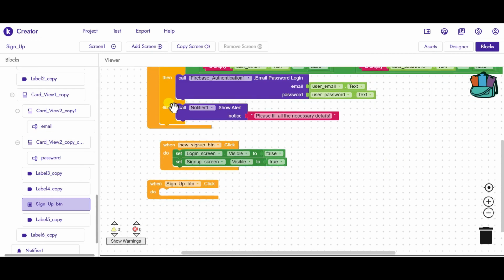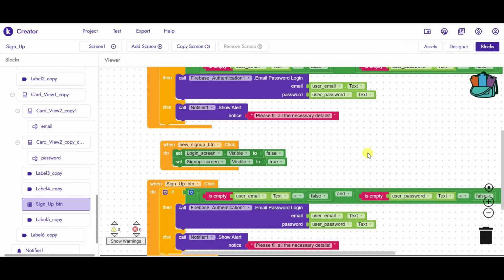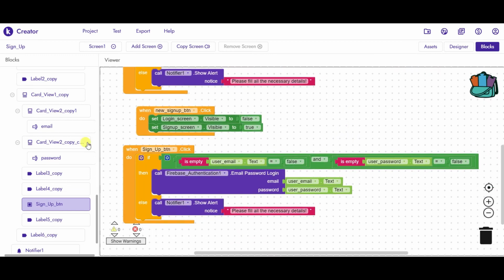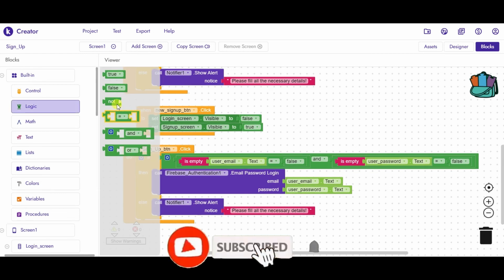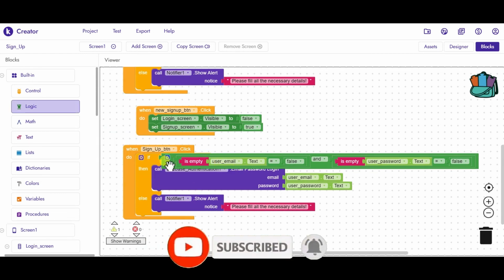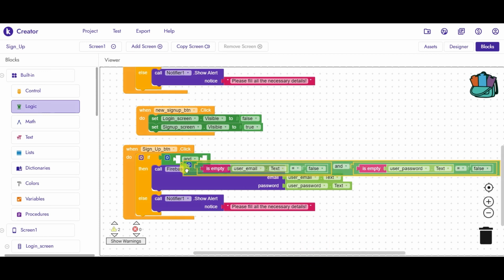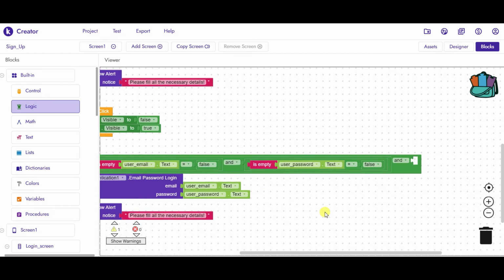Do one thing, just copy this if block which we had taken prior. Just take this if block and go to logic and take one AND operator. Inside this AND operator, take the whole thing.